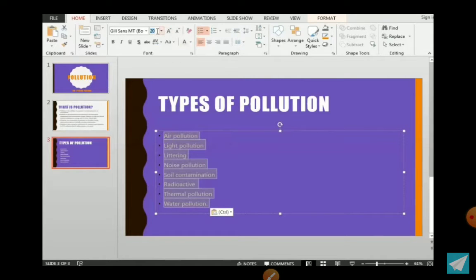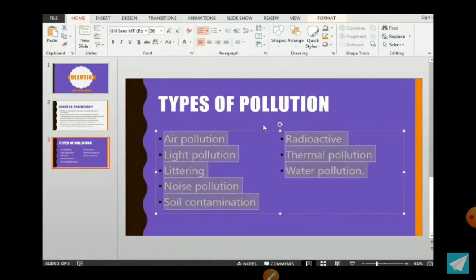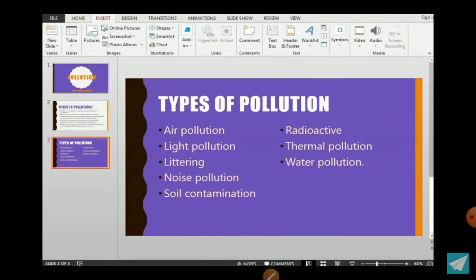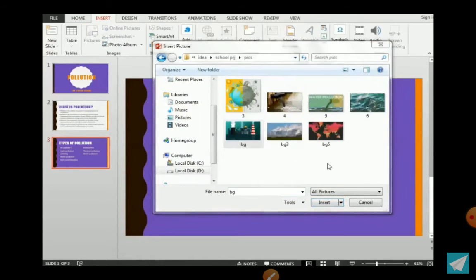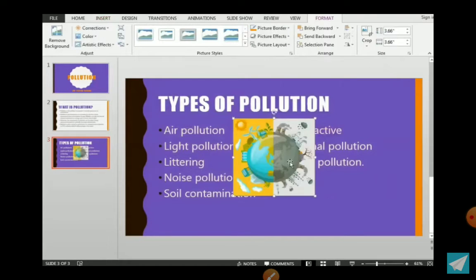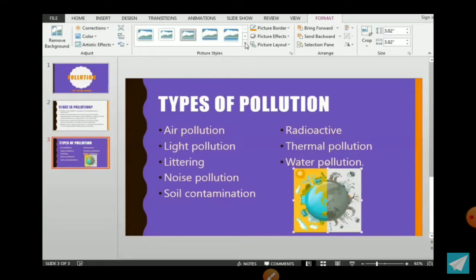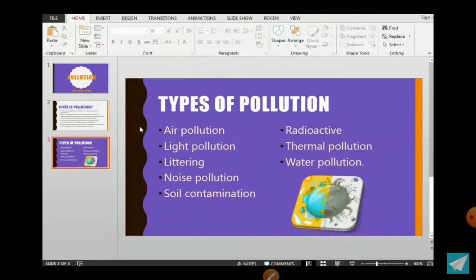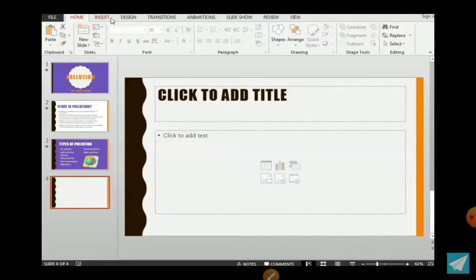Adjust them using the bullets option. So these are the types of pollution. Now we will discuss each and every type of pollution in the next slides. Here we will insert the pictures, adjust the size, resize the picture. We can choose a picture style also. Next slide,